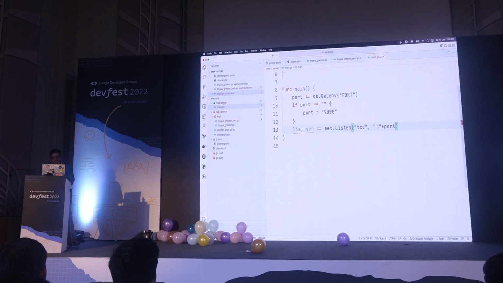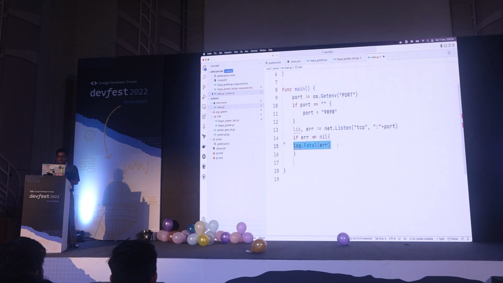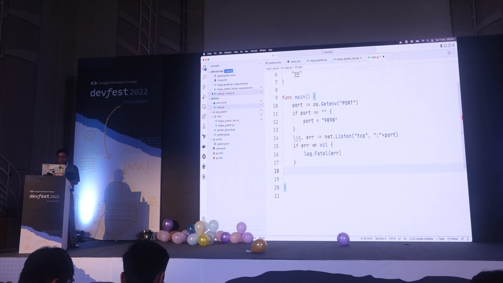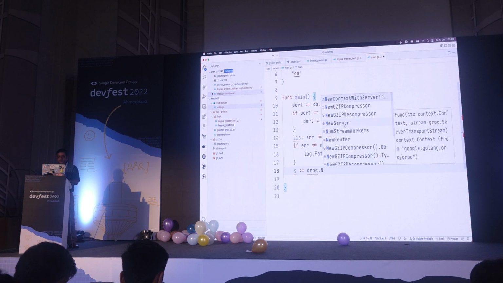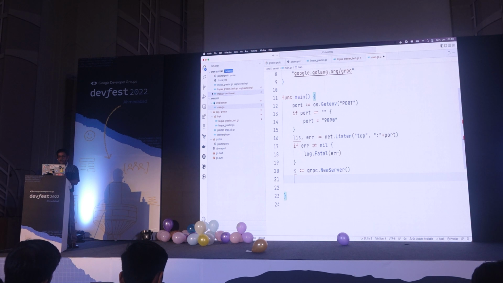Great, so we've done this. So we'll have the listener. If anything goes wrong, I'm just going to have this templating done, so I'll say log.Fatal. If not, I'm just going to say grpc.NewServer. That's all I need to do. Create a new server. Once I create a new server, what I need to do is the greeter